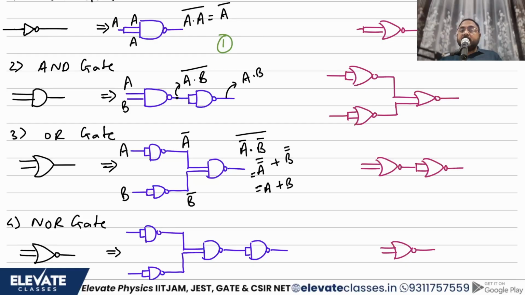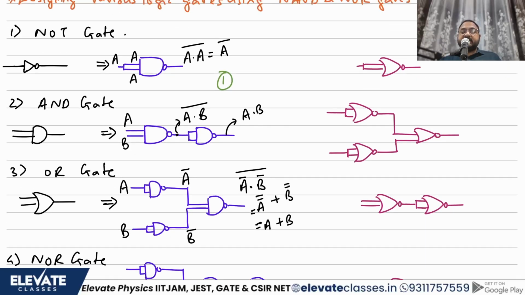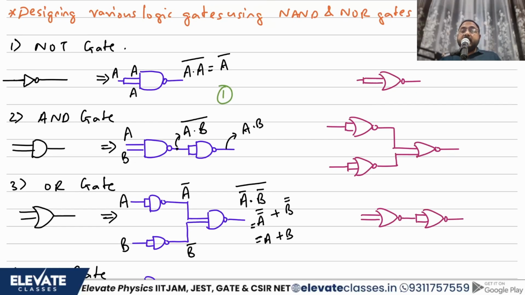And that is what your OR gate is. From the OR gate we get the output A plus B. So this is how you can make an OR gate. Now before I go to the next gate, that is NOR and NAND, I want to do the same with a NOR gate. I told you NOR gates are also universal, NAND gates are also universal. So let's try using NOR gates.